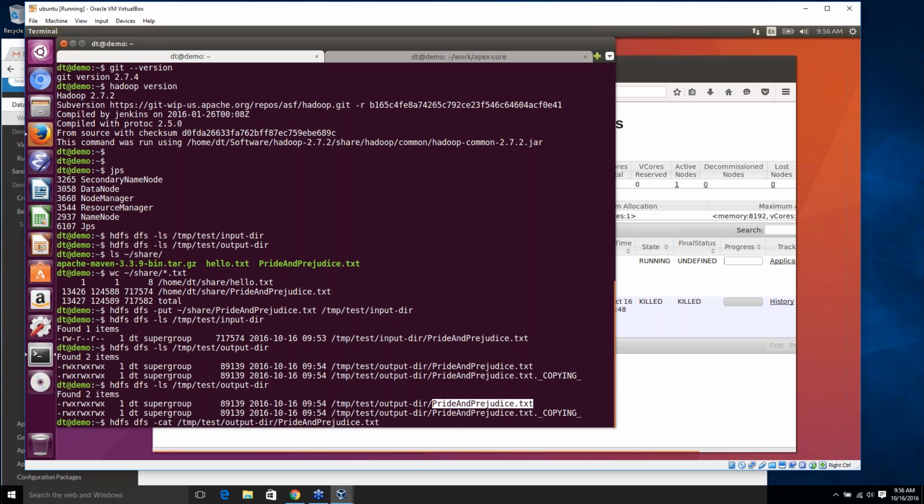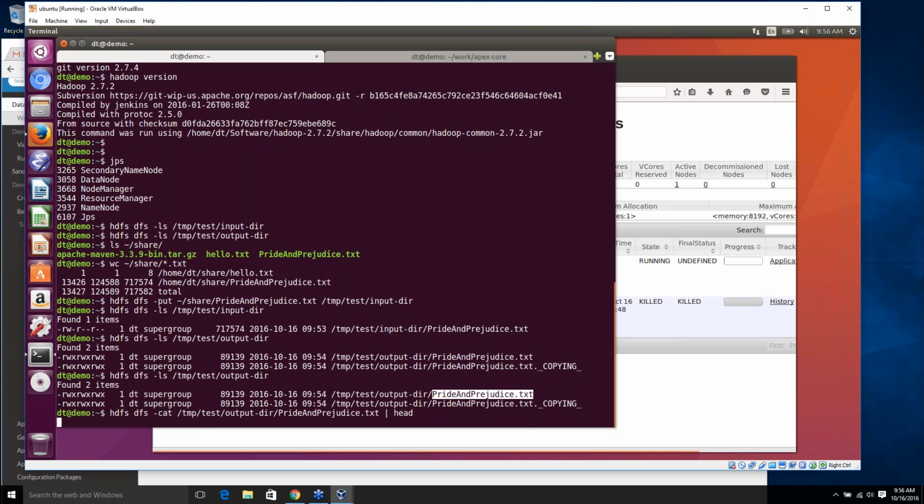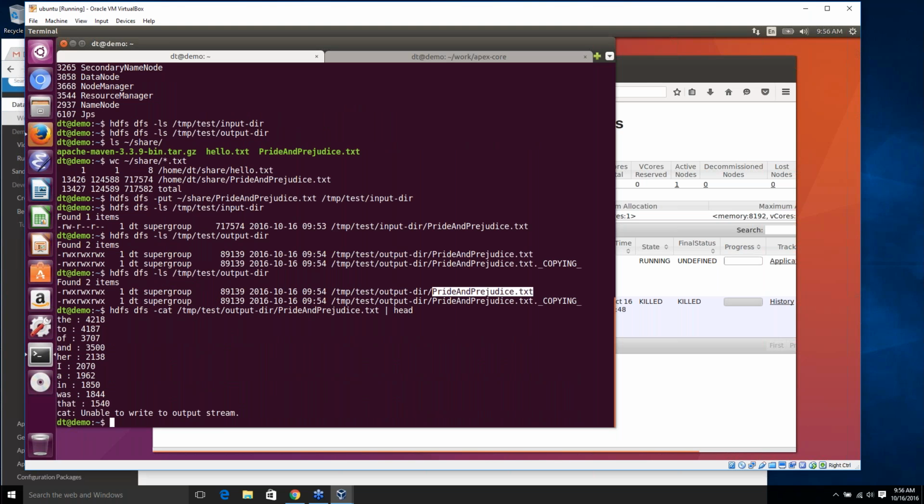Now, it's got a lot of lines, so to limit the amount of output on our console, I'm going to pipe it to head, which will just print the first few lines. So that should be a list of the most frequent words. There we are. So the application has run successfully, and it shows you that the article "the" is the most